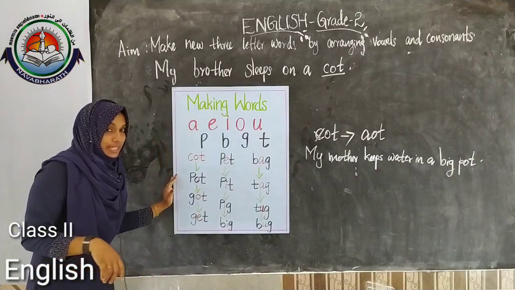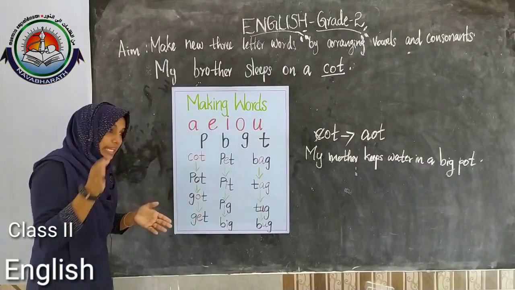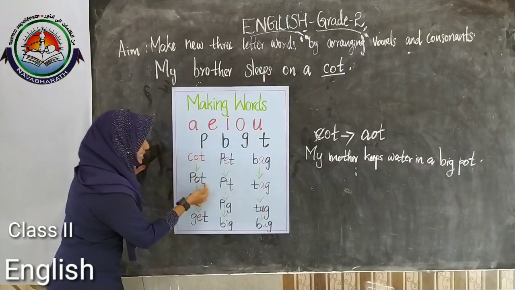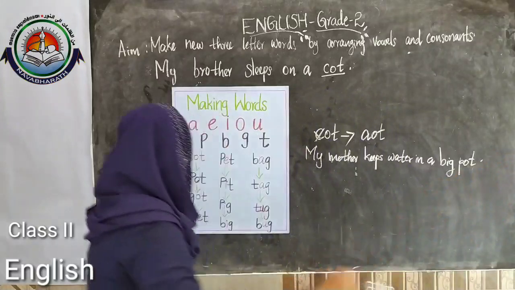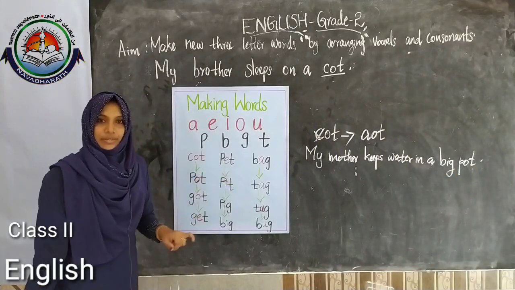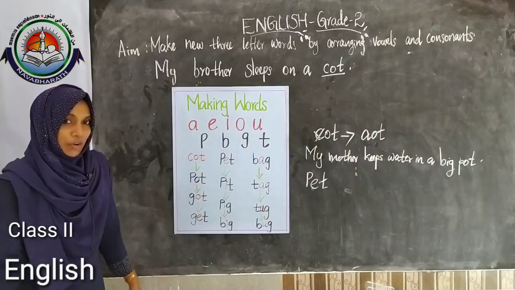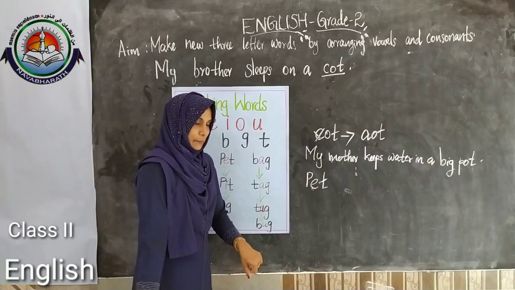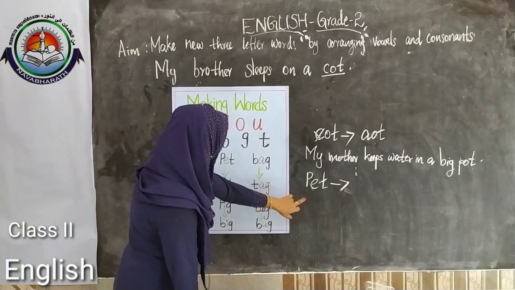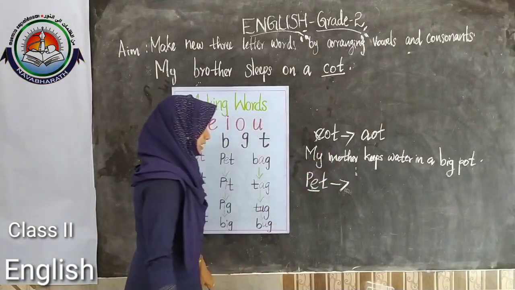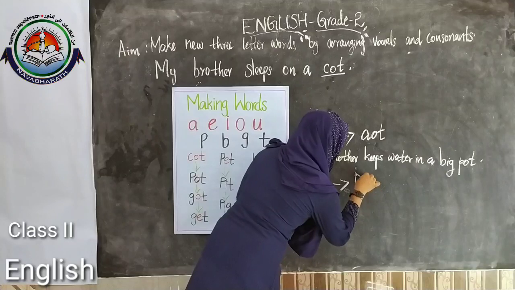So how did we make these new words? Yes, we made new words either by adding or by deleting letters from the previous word. Let's see an example. Here, ma'am, take this word pet. P-E-T. So, how do we get a new word from this word pet? Here, which letter we replaced? Here we replaced the letter E. So we replace this letter E, we will get a new word.